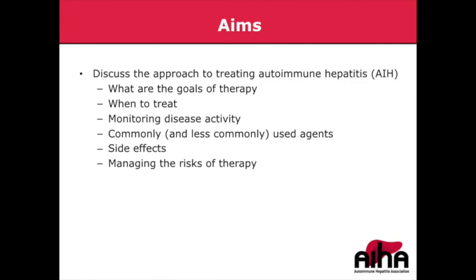But targeting certain points, we'll discuss what are the goals of therapy, when to treat autoimmune hepatitis, monitoring disease activity, commonly and less commonly used drugs for treatment, side effects of those medications, and finally managing the risks